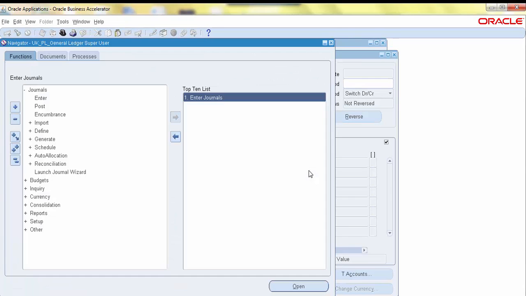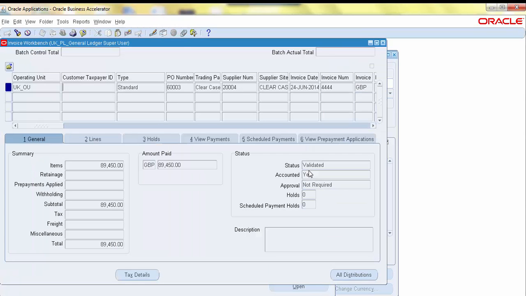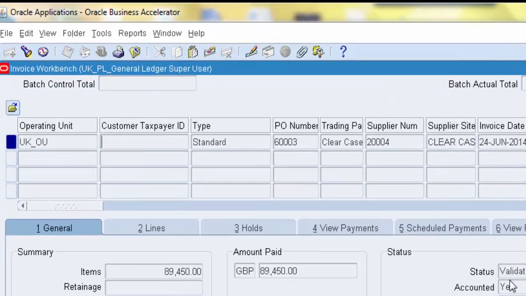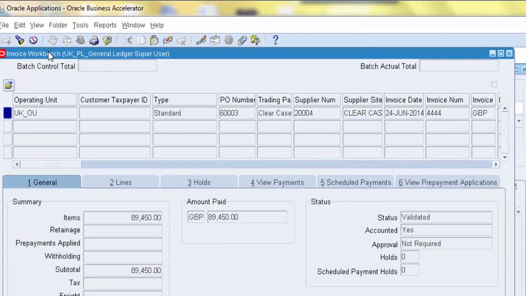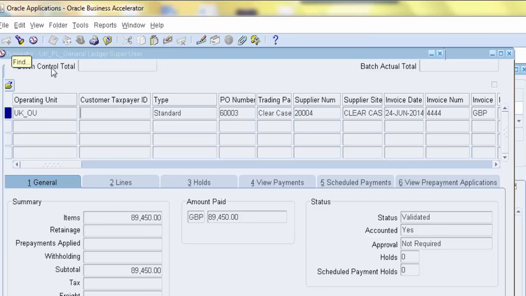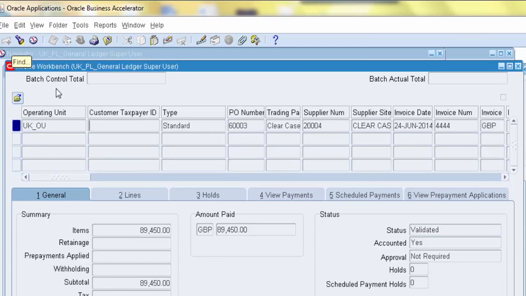And here we go, we're now taken from GL journals, which we just viewed, and we're now going to see the actual transaction open up. That will be in core Oracle Forms, which will appear any moment, and we can then see what that transaction was. Yes, and it's taken us to the accounts payables invoice workbench for the UK, and we can see the title there as well, and we can see